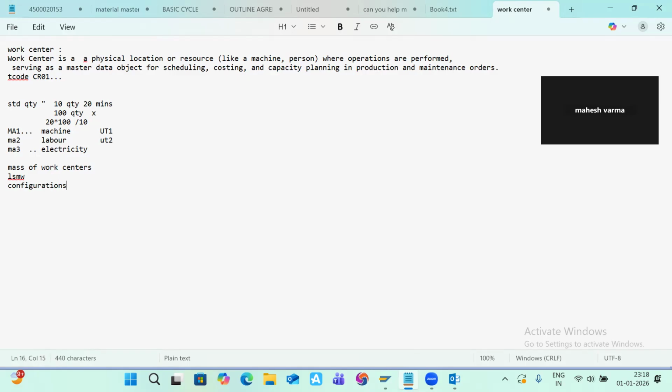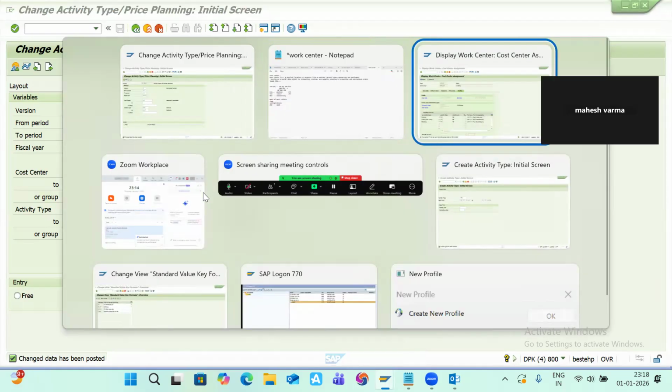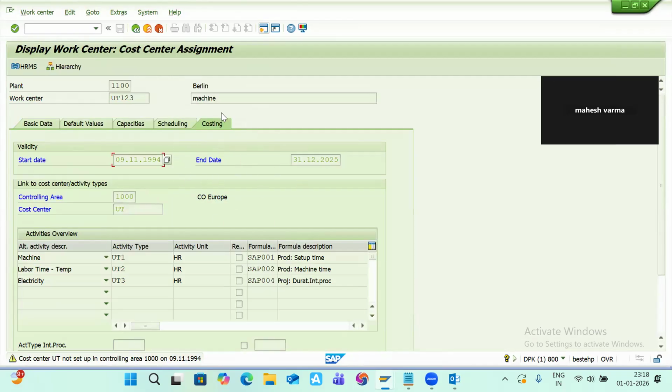Configuration, in the sense that for the standard value key, I went to SPRO and provided configuration. Like that, every field will have some configurations, and default values, and those will be covered in